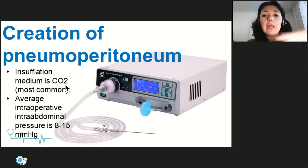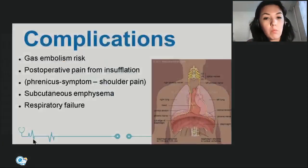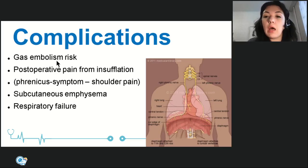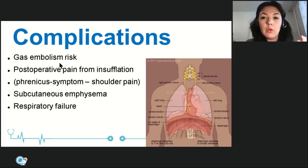We start to expand the peritoneal cavity to improve our vision, and after it is expanded, we insert the other instruments. So which complications can we deal with at this stage of surgery? First of all, gas embolism risk. In case any vessels were damaged, if gas goes into the vessels, yes, we can